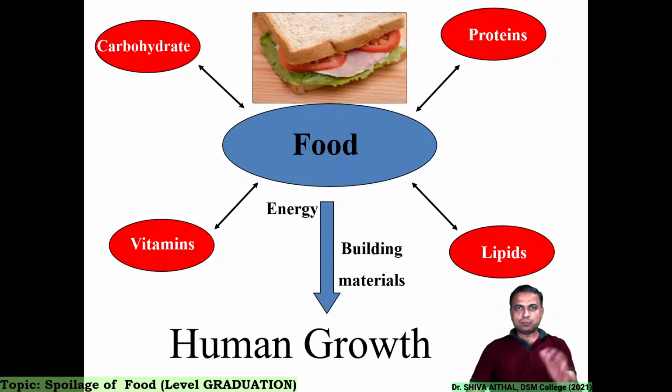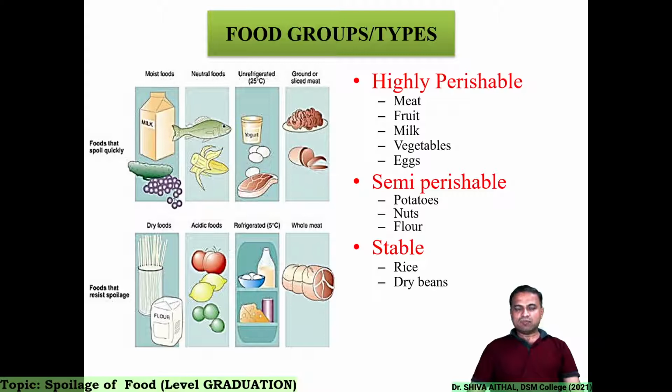But in an already produced food or an already harvested crop or a processed meat or milk product, when microorganisms lodge on the surface or get inside, then they utilize these components and may be responsible for spoilage or poisoning. So we will see that, but before, we have to understand the various types or groups of food depending upon either the storage or the processing. What is their shelf life?